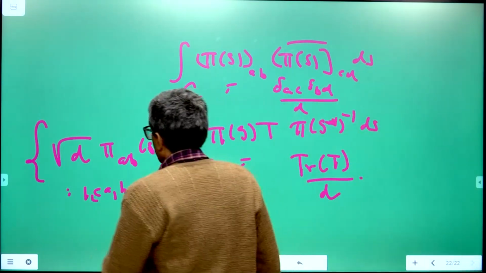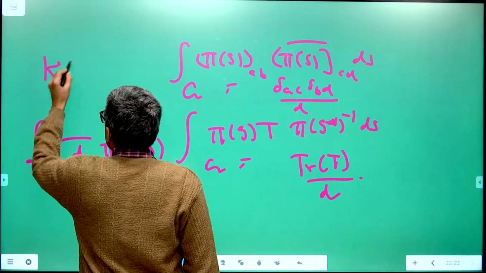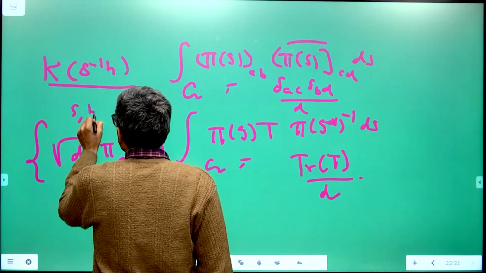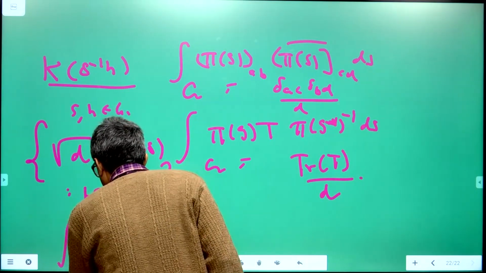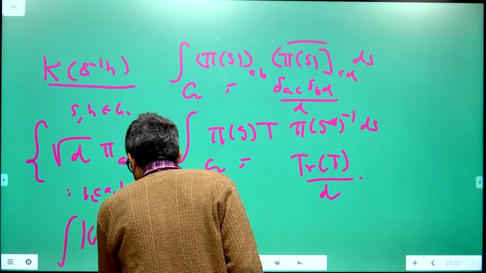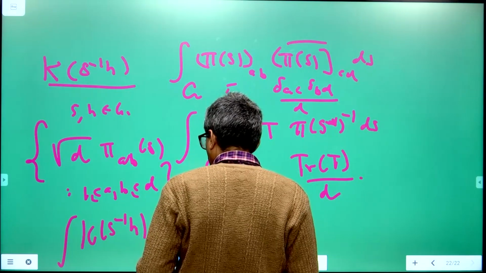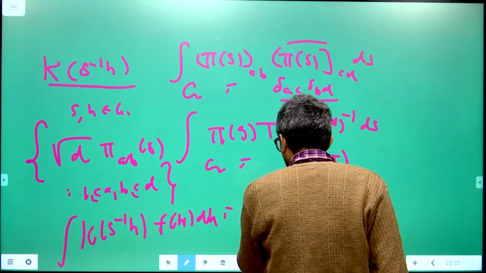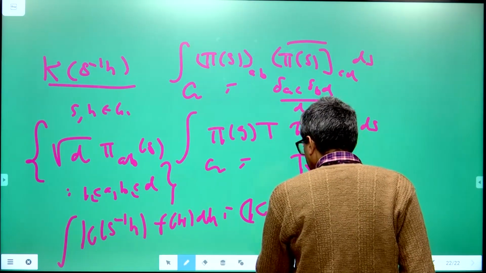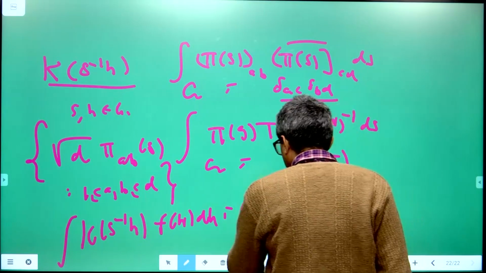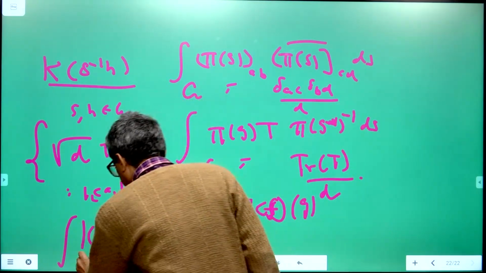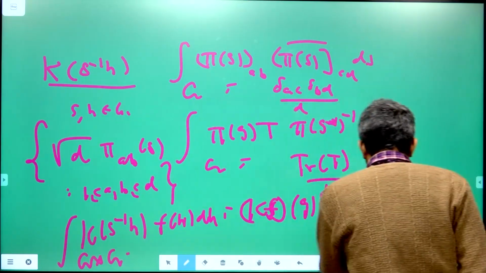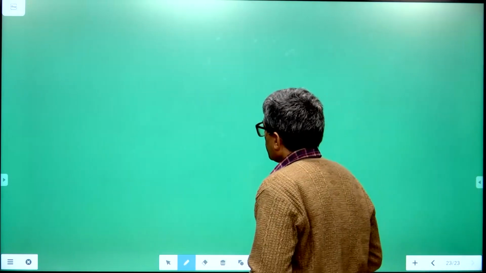So in other words, if you consider a kernel like K of G inverse H, with G and H varying over the group, and you consider the operator which takes F to the integral of K(G inverse H) F(H) dH, this is equal to K acting on F evaluated at G. You define this operator on L2, and this will be a compact operator because G is a compact group, and by looking at the spectral resolution you can prove very easily the completeness theorem, namely that